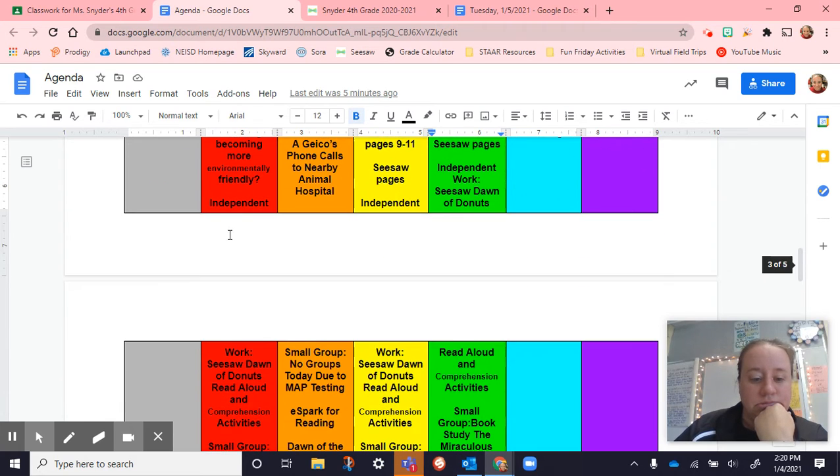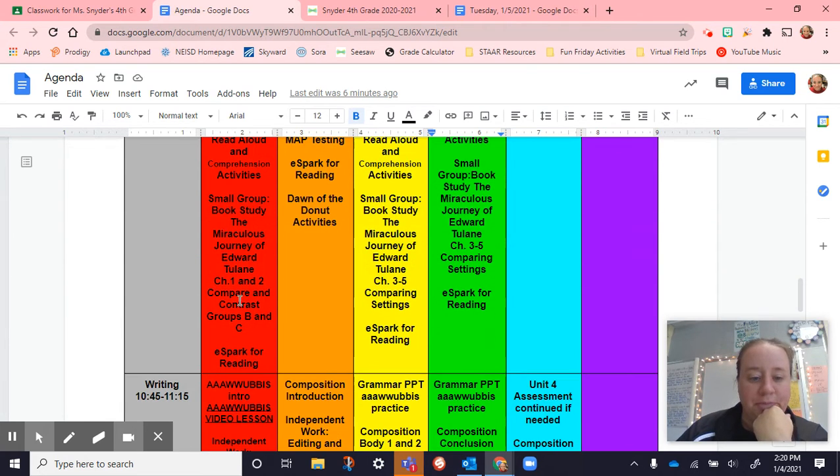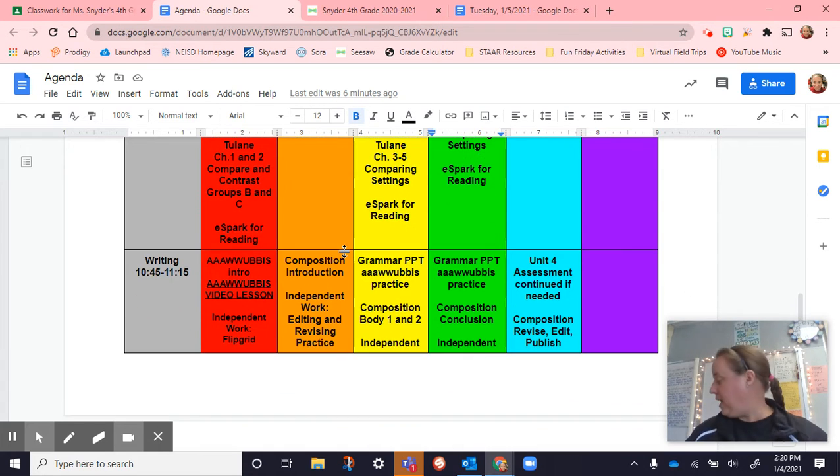Then for a small group, we started reading The Miraculous Journey of Edward Tulane, and we read chapters 1 and 2, and we did some comparing and contrasting with group B and C. And then for eSpark today, make sure you're clicking on eSpark and doing a little bit for math and a little bit for reading. And then for writing today,